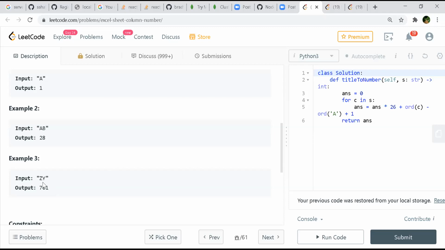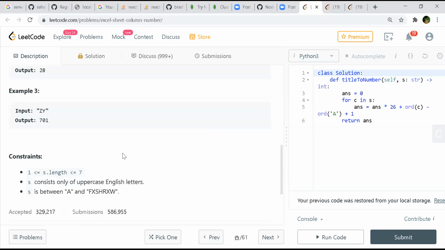Is that why we get 701? What are the constraints they are talking about? Can you scroll down? English letters, an uppercase letter, and S is between A and FXSH. What is the use of mentioning this?